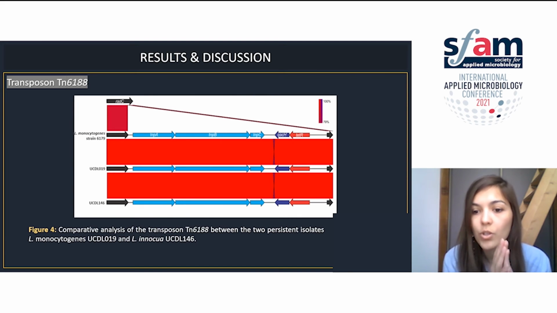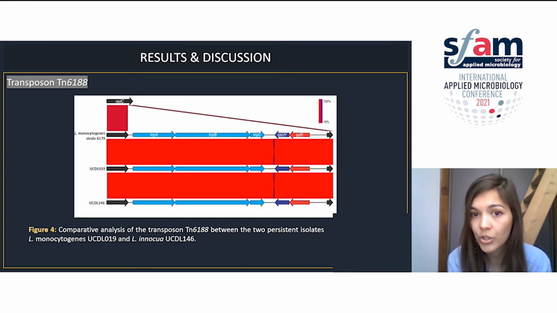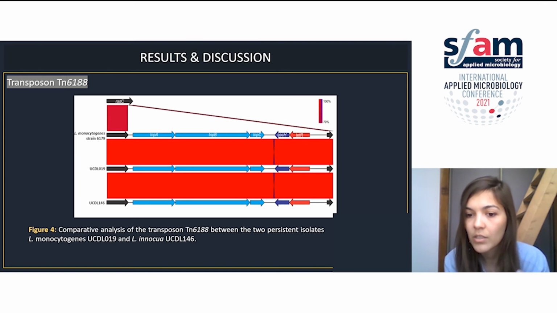So now let's go back to the transposon. The transposon Tn6188 has been associated with persistent strains in food processing environments, and in our research it was harbored by the persistent Listeria monocytogenes UCDL019, which is an ST121 isolate, and the Listeria innocua UCDL146. It has been suggested that the presence of disinfectant-resistant markers is not the sole causative mechanism of persistence, but what is of interest in this figure is that two different Listeria species share a transposon Tn6188 with 100% similarity,